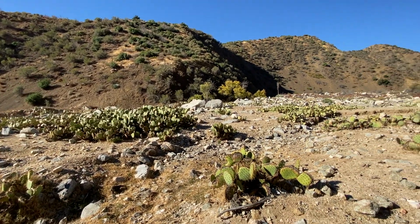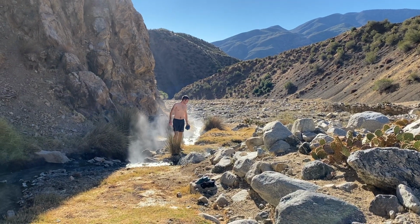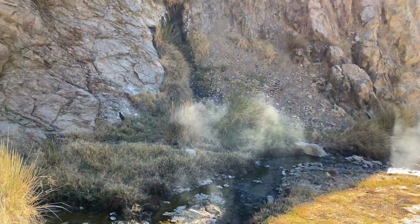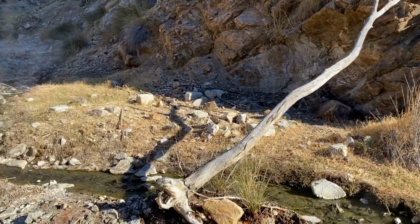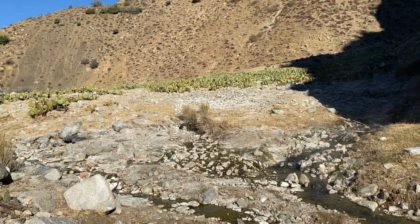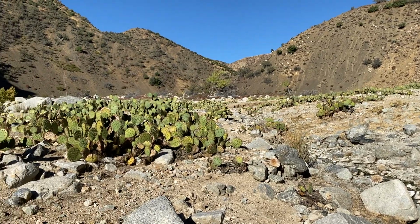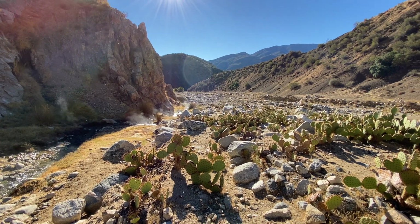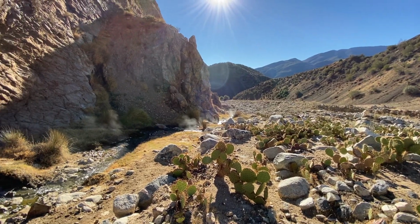So now the moment you've all been waiting for. The reason why we didn't get in the hot springs is because it was still pretty hot even in mid-November during the day, and the upper pools are much hotter than the lower pools. So we camped near the upper pools and they were pretty much scalding hot, too hot to get in. If you go on a warmer day, we definitely recommend trying to stay down by the lower pools where it's cooler. Although the night was pretty chilly, I think it got down to maybe 45 degrees,